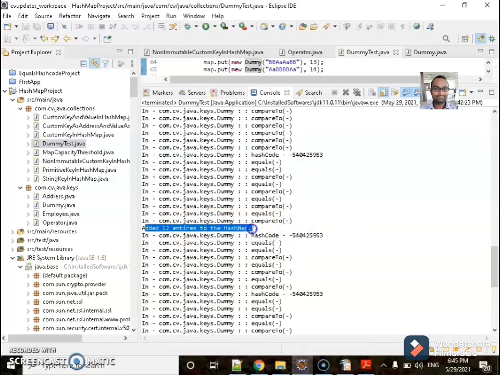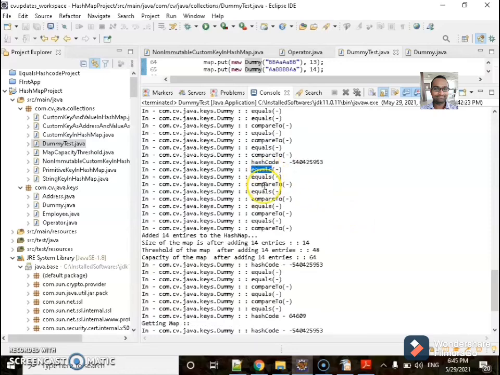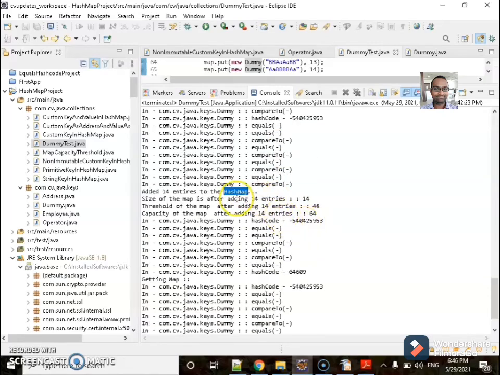I have added 12 entries to the hash map. For this 12th entry, only 5 times the equals method and 5 times the compareTo method. When I am adding the 13th entry, only 4 times the equals method and 3 times the compareTo method. When I am adding the 14th entry, only 5 times the equals method and 4 times the compareTo method. Till this point 14 entries are added and the size of the map is 14, and the threshold